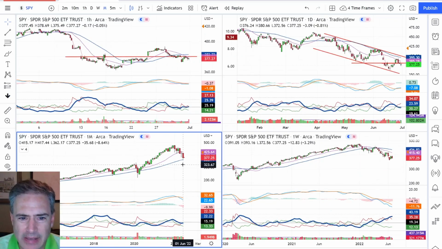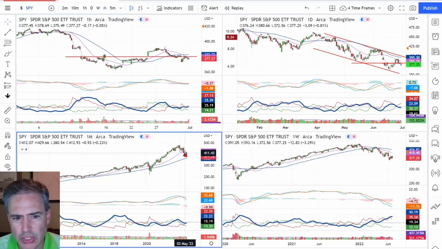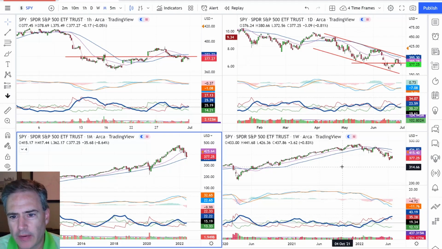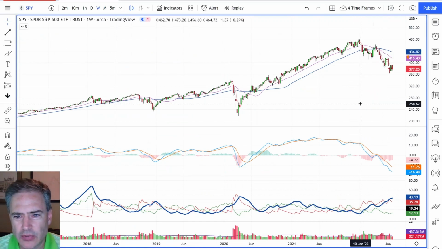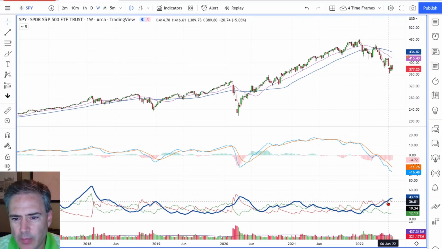This is in a weakened position. It was in a long-term uptrend. It's in a weakened position after being overbought. The weekly chart is our main chart and the one that concerns me the most, because the momentum based on